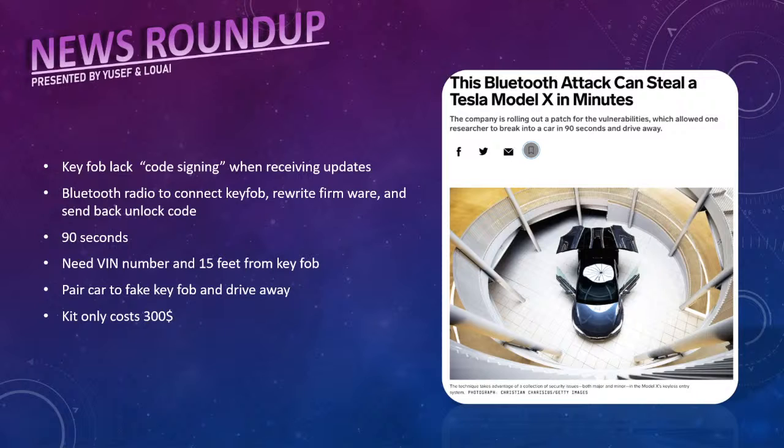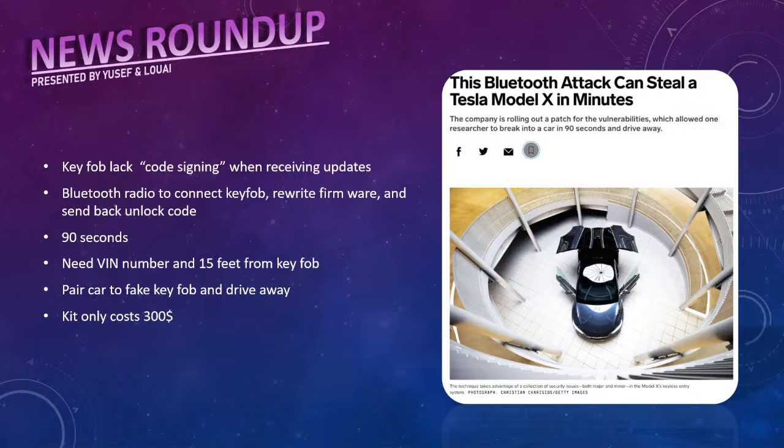The only things that you need from the car itself or from the owner of the car is the VIN number of the car, which you can see through the dashboard if you're close enough. Sorry, if you don't know what a key fob is, I'm so sorry. A key fob is the thing where you press the buttons to unlock the car or turn on the car. I have an old car, so I just have an actual key. I don't know if that's the greatest explanation of a key fob, but that's what it is. My car's too old for that.